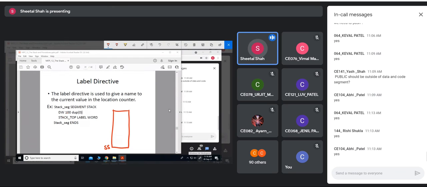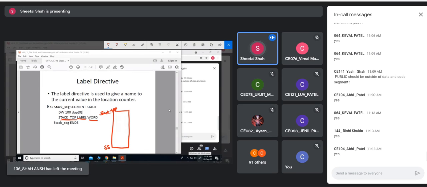Similarly, 100 words are declared in the stack segment, and for the 101st memory location, which is of type word, I am providing the label stack top.